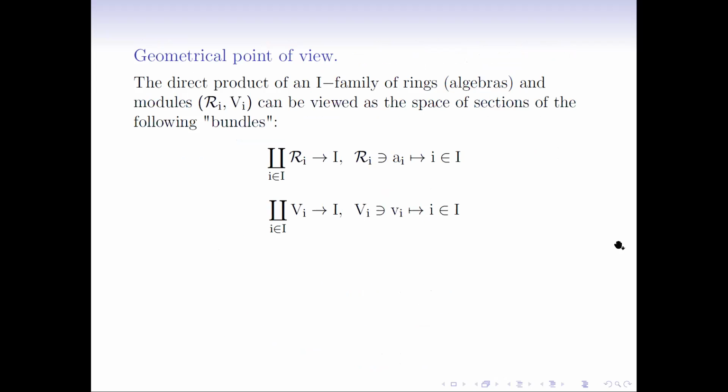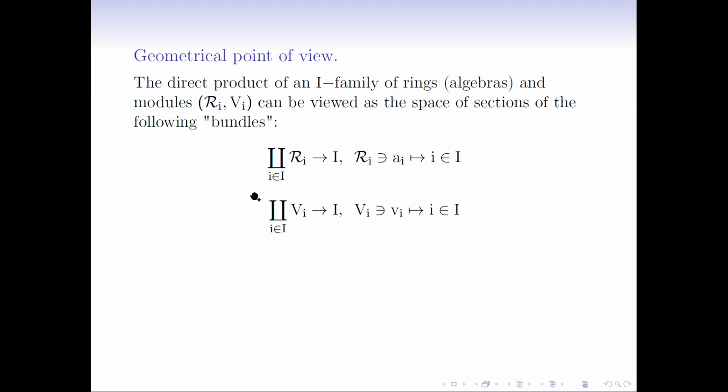So that's the geometrical point of view of what is going on. Suppose we have a family of rings or algebras parameterized by I, and modules Vi over each Ri. Then let's take the disjoint union of all Ri and consider the following projection map: to any element a_i of the disjoint union, it associates the corresponding index from I, and it's a projection, of course.